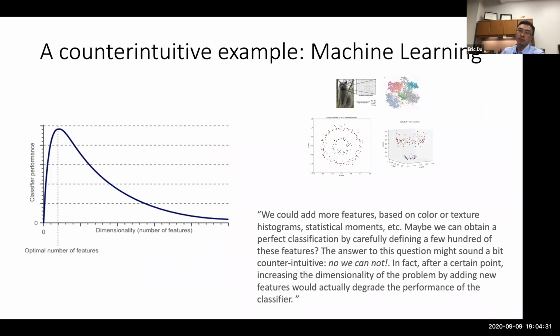The answer is no. Just recently, not recently, maybe about 3 decades ago, people discovered a very interesting phenomenon. So X means the number of variables you considered in your classification model. Y is the classification performance. Yes, by adding more and more variables, you increase the performance, but there's a turning point. After the turning point, the more you add to it, the worse the performance is. What happened? We didn't know,